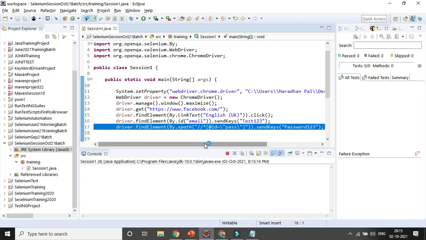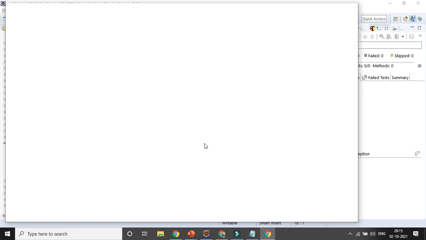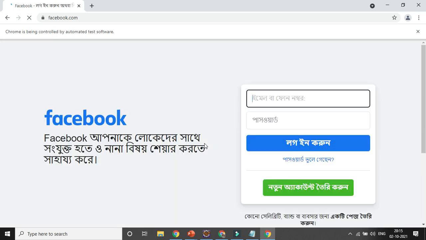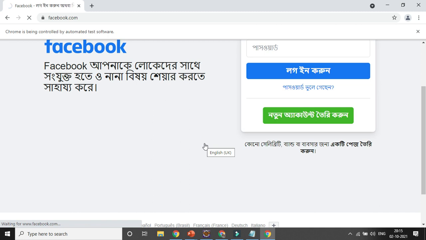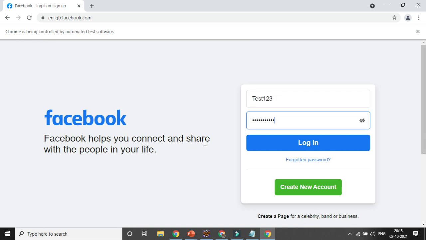Okay. In case you are not able to identify uniquely, you need to create your own XPath and CSS selector in a customized way. I will cover in the upcoming session how, with the different properties, you can create it, right? With the text, with the first word, with the last word, with the static part, dynamic part, everything I will be showing you. It is clicking on the English link, then entering the email, then entering the password. Okay, my code is still working fine with the XPath also. So that's how you can work with it.